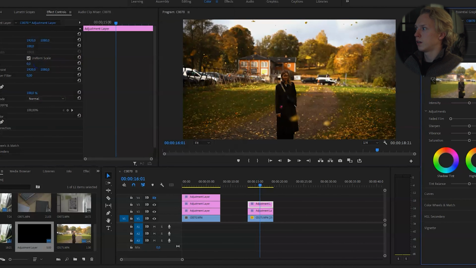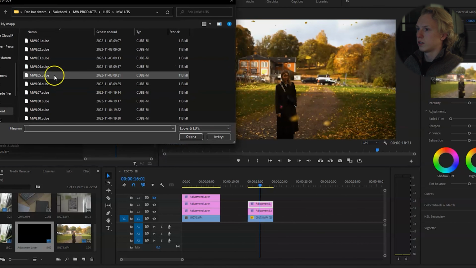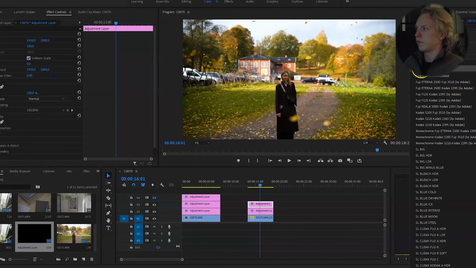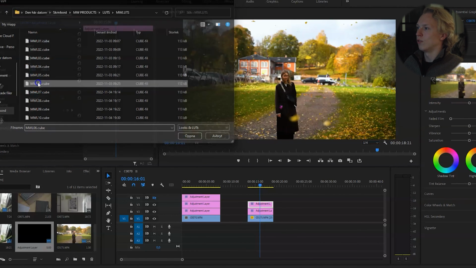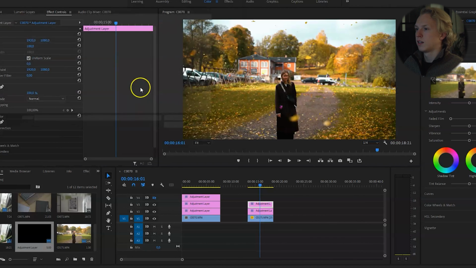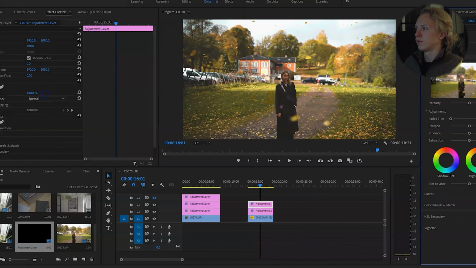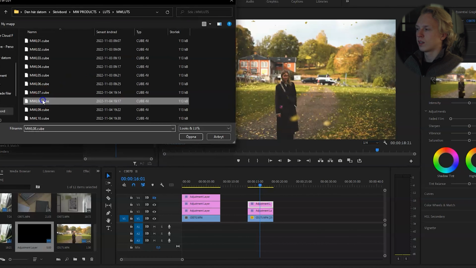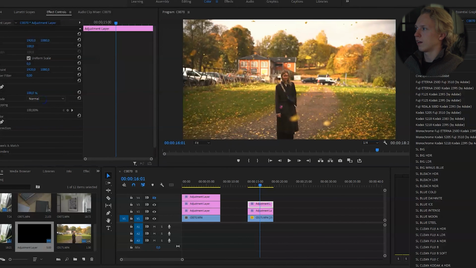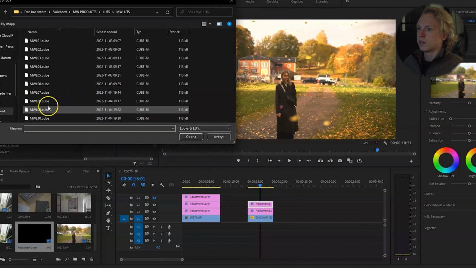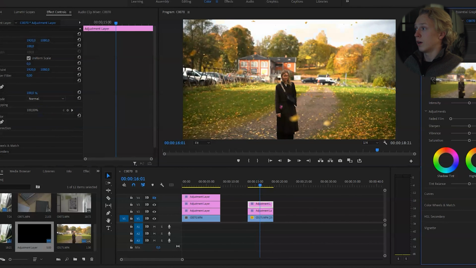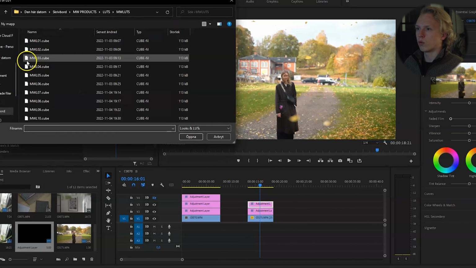Cine 4, Cine 5, not Cine 5, MVL 05, 06, 07, 08, oh I kinda like that, 09. So personally I like one of those LUTs that make this clip look a bit more orange, so maybe